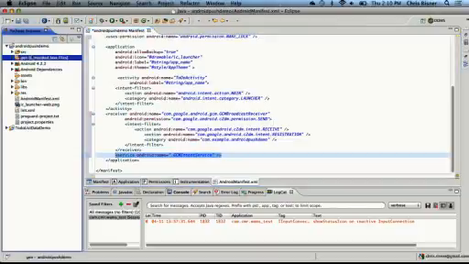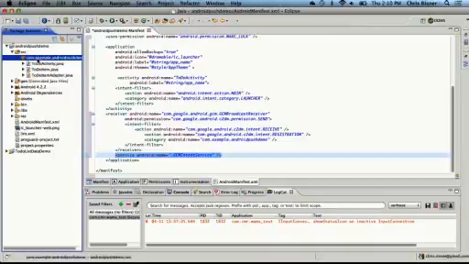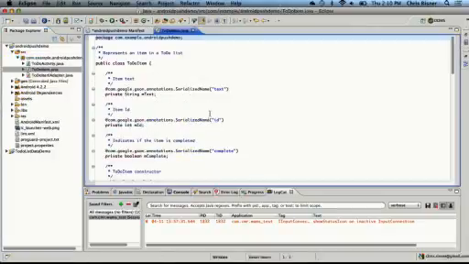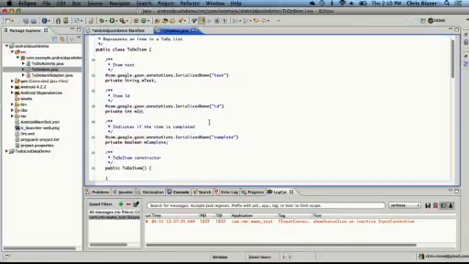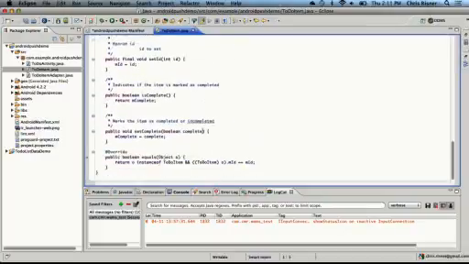Now, the next step, let's go expand our source folder, and we're going to open the to-do item class. Now what we need to add here is some properties for the registration ID that we get when we come back from mobile services. Because every time we send a to-do item up, we're going to send the registration ID we get so that our mobile service can then push a push notification down to us. So I'll go to the bottom of this class,